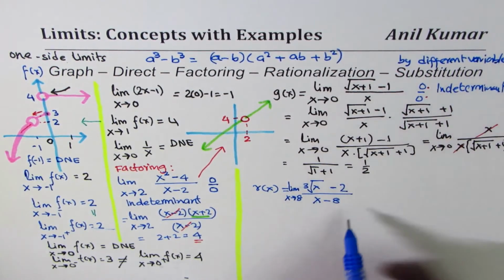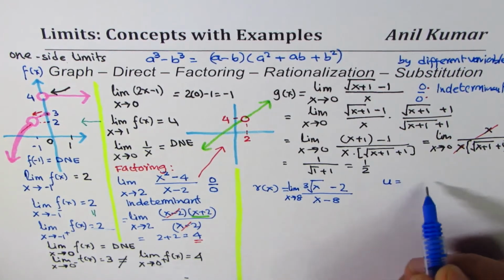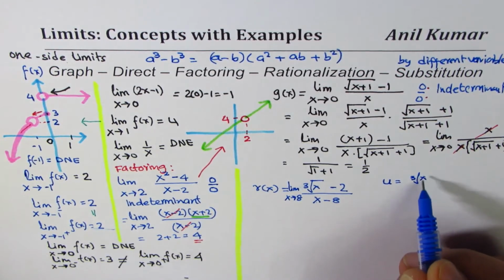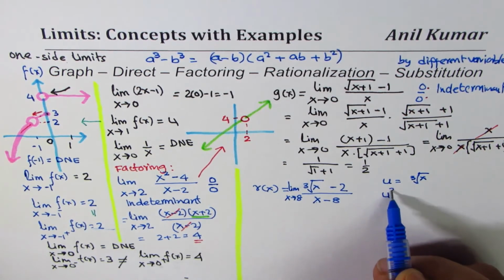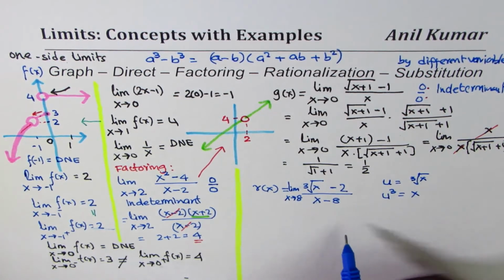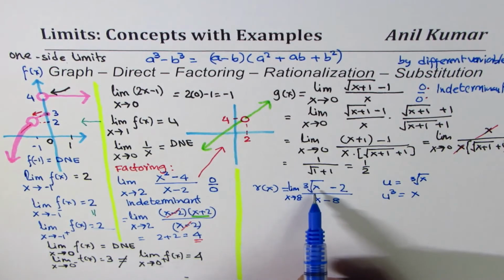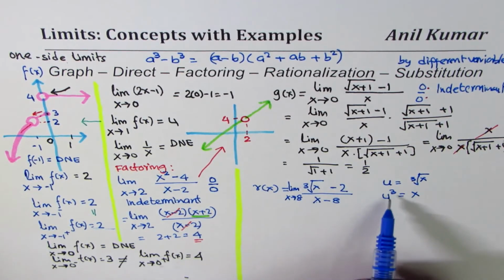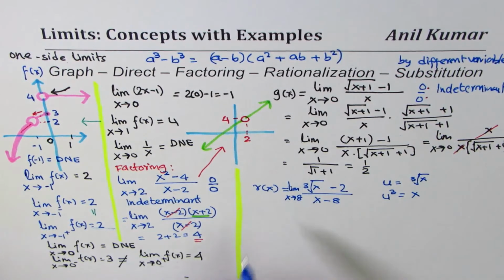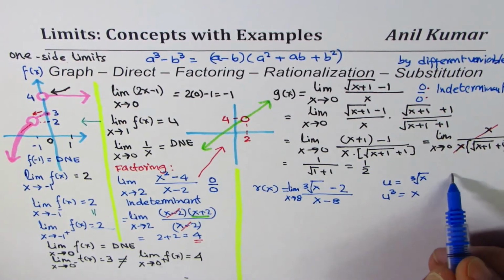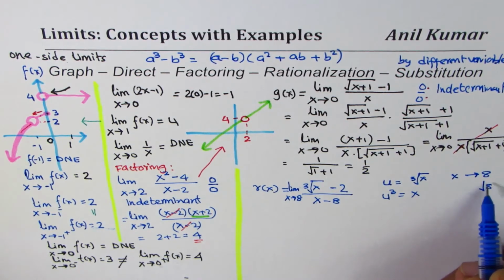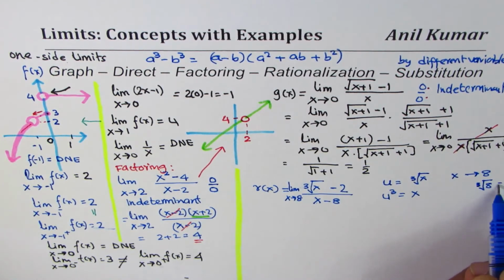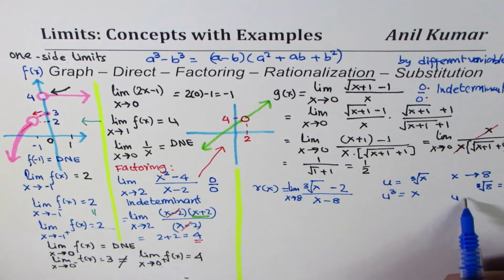Okay. Now, let's say u is equal to the cube root of x, right? In that case, u cubed will be equal to x, correct? So I can replace the cube root of x by u and x by u cubed. Now what about this limit? As you can see, if x approaches 8, then what is the cube root of 8? The cube root of 8 is 2, so u approaches